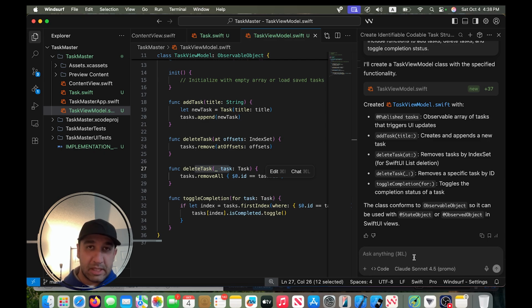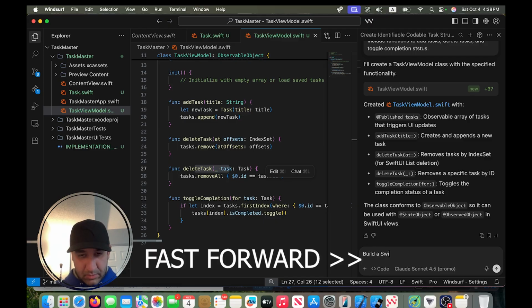So you need to tell it what exactly you want. You cannot just expect it to do things for you. So being specific in coding with AI is of utmost importance. So I'm gonna tell it exactly what I want. I'm gonna tell it to build a